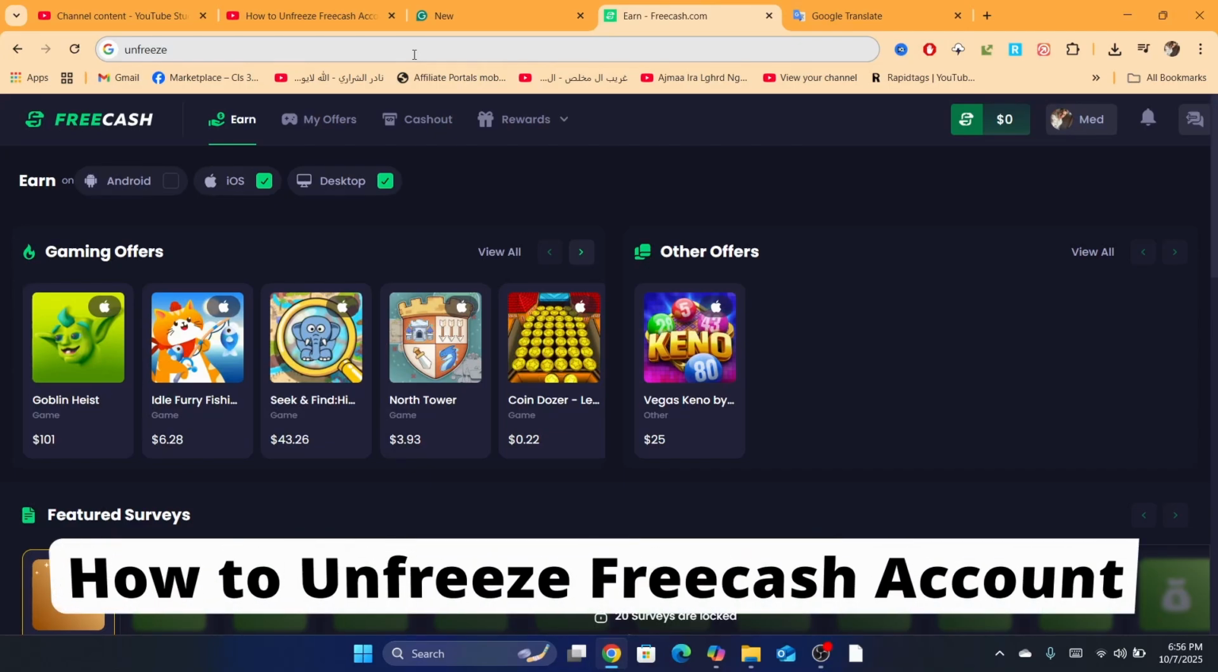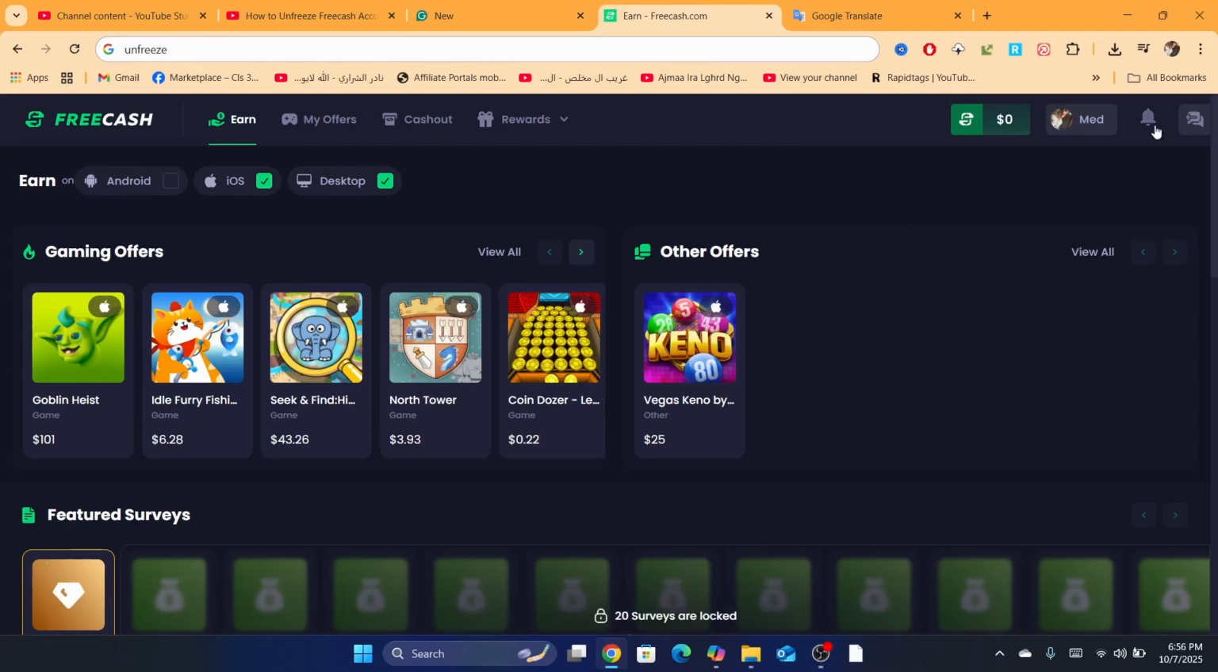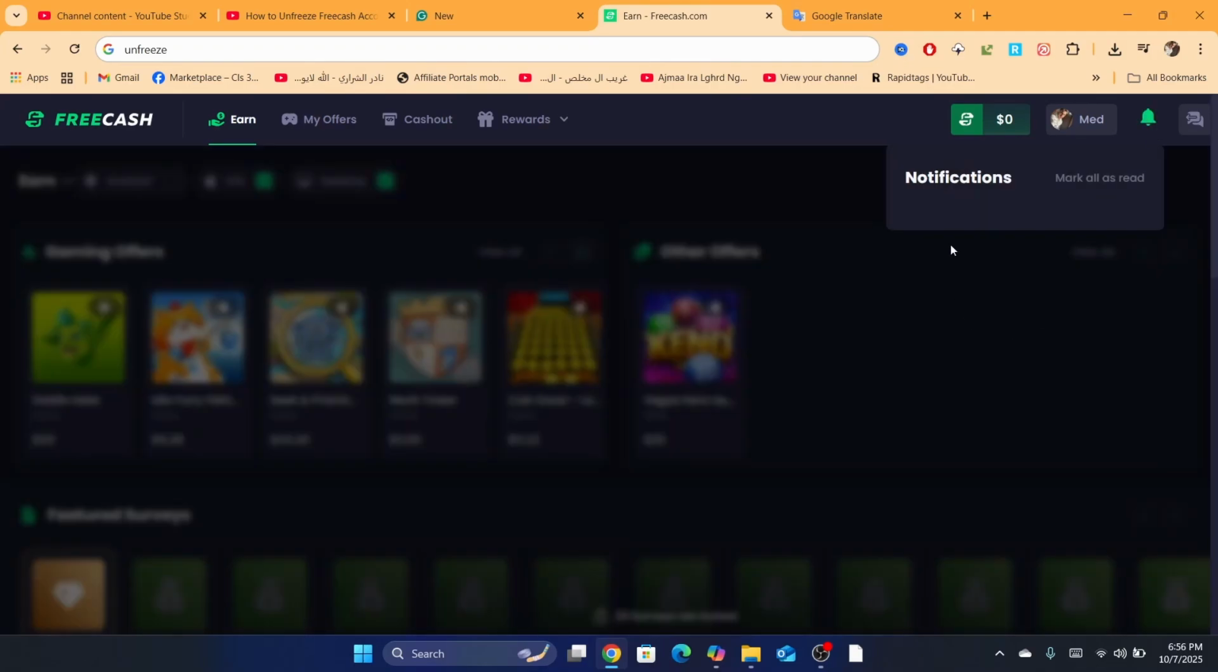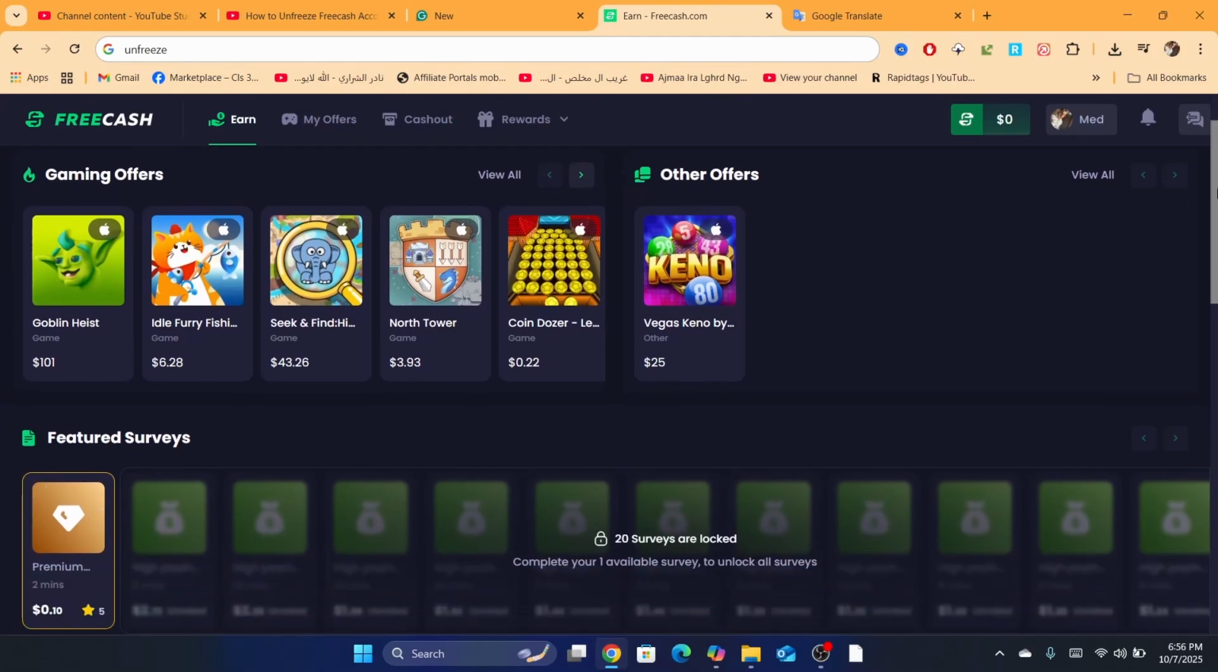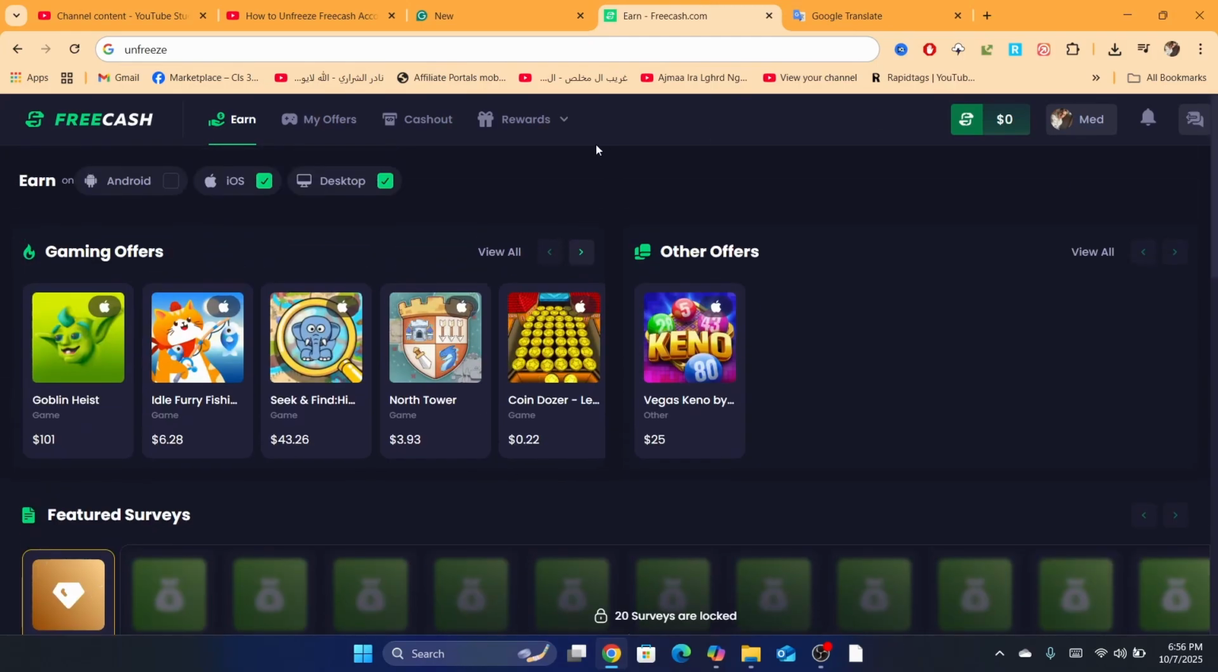If your Freecash is frozen, then this tutorial is for you. First, you want to click on the notification icon in the top right just to see the reason why your account is frozen. Most of the time they will just tell you, for example, that you are using VPN. The reason why we have frozen your account is because we noticed unusual activity and